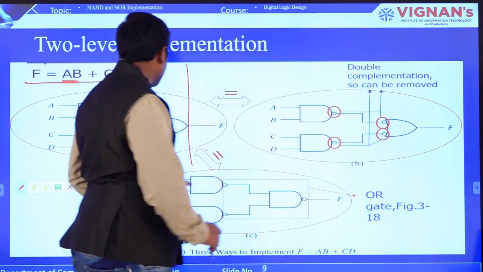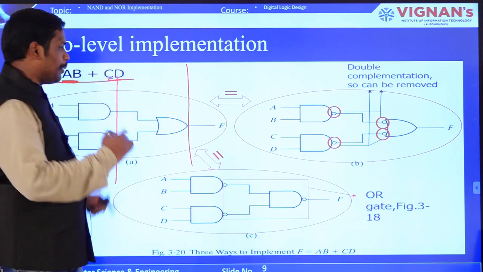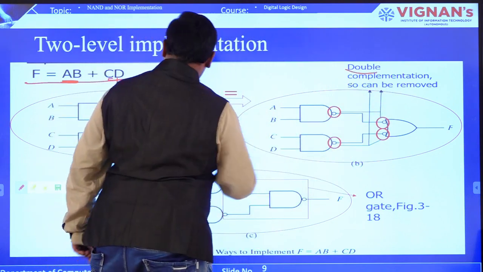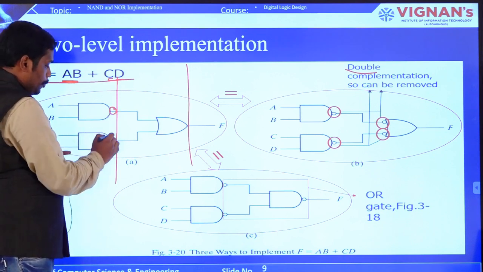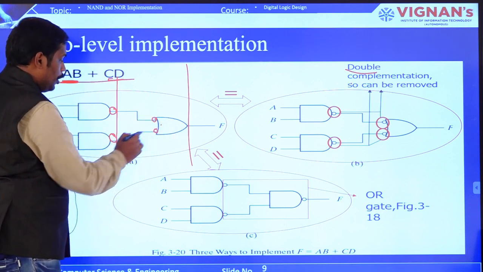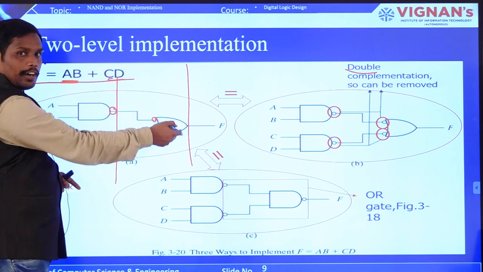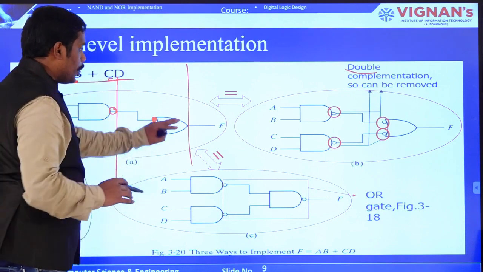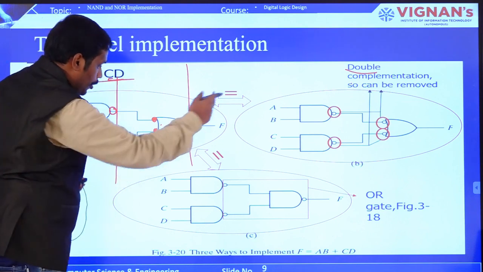Now the second way: as I told you, you can have an output bubble as well as an input bubble. So you can add a bubble, and you can see double complementation can be removed. Here the output of the AND gate, you are going to have a bubble. Then for the OR gate, you are going to have a bubble here. So AND with invert, and OR with invert OR. So the input will be NOT with OR, right? I hope this is clear. This particular diagram is expressed like that with NOT symbols, and also the same symbol.